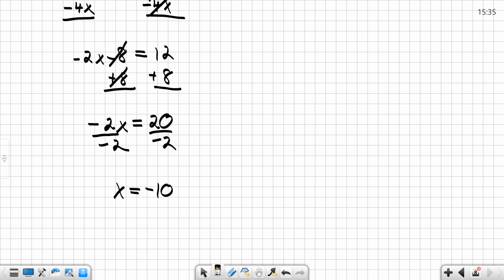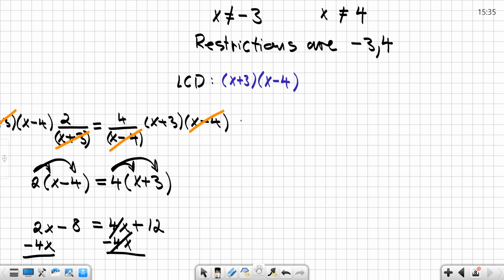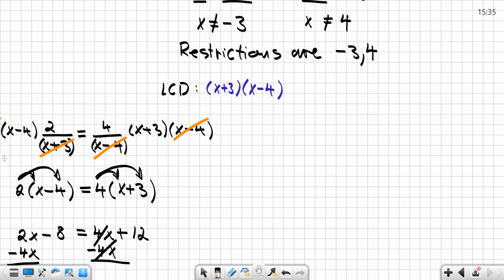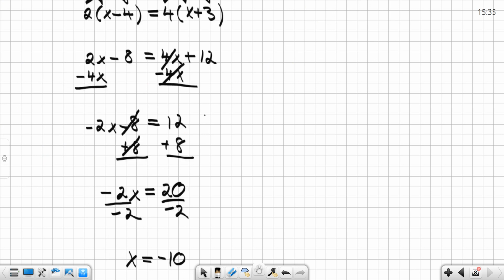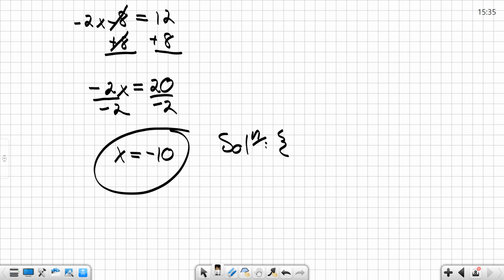Now here's where we have to be careful. Before I now log in that negative 10 is my answer, I have to look back at my restrictions all up here. The restrictions were negative 3 and 4, and that means negative 10 is a safe number, and it is our solution. The solution set consists of the number negative